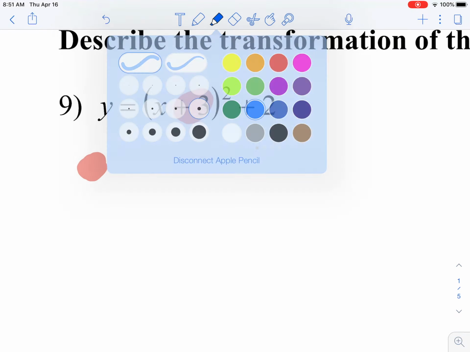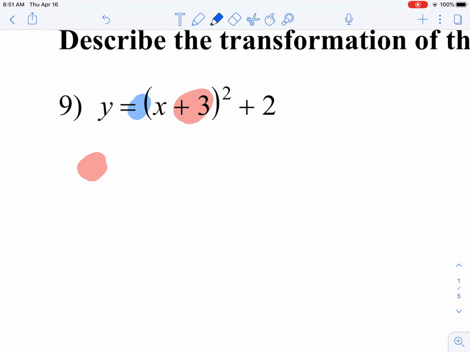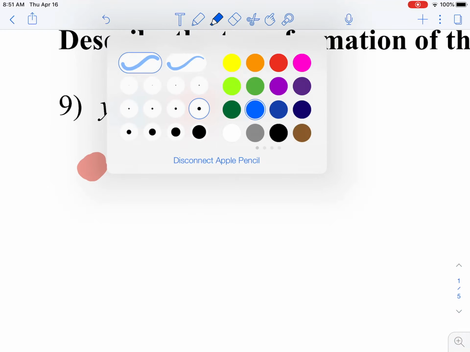Out front, in blue, there's nothing happening out front. There's no negative, which would tell us to flip. There's no number that would tell us to stretch. So we're not going to have to write anything for our blue. And then in green,